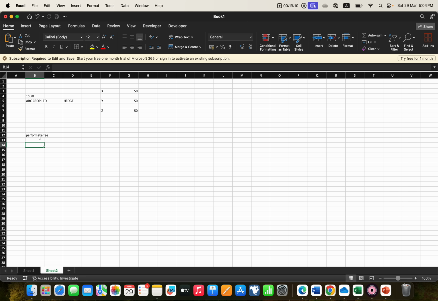For example, hedge fund, this is the narration I am giving. Hedge fund, $15,000 performance fee. You can take an example of any fee here, maybe admin fee, audit fee or the management fee. You can take any example. I am just giving the example of performance fee only. The performance fee expense